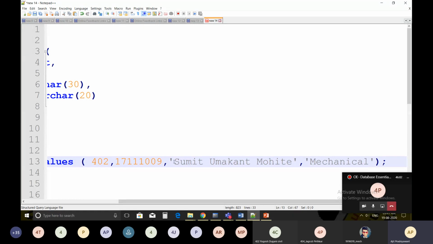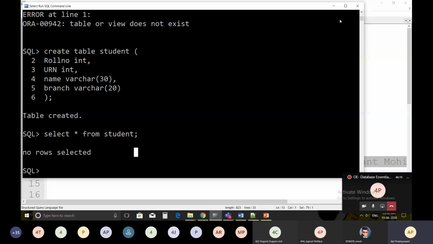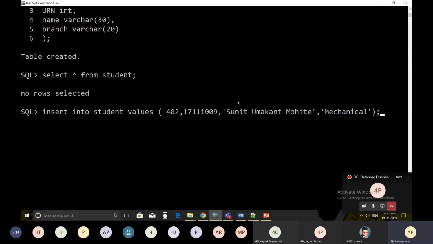So here I have kept Sumit Mohite in single quotation, and this mechanical branch I have also kept inside single quotation. At the end, close this bracket and give the semicolon, and this is the way to insert the data into the table. You have to write this query to insert the data.